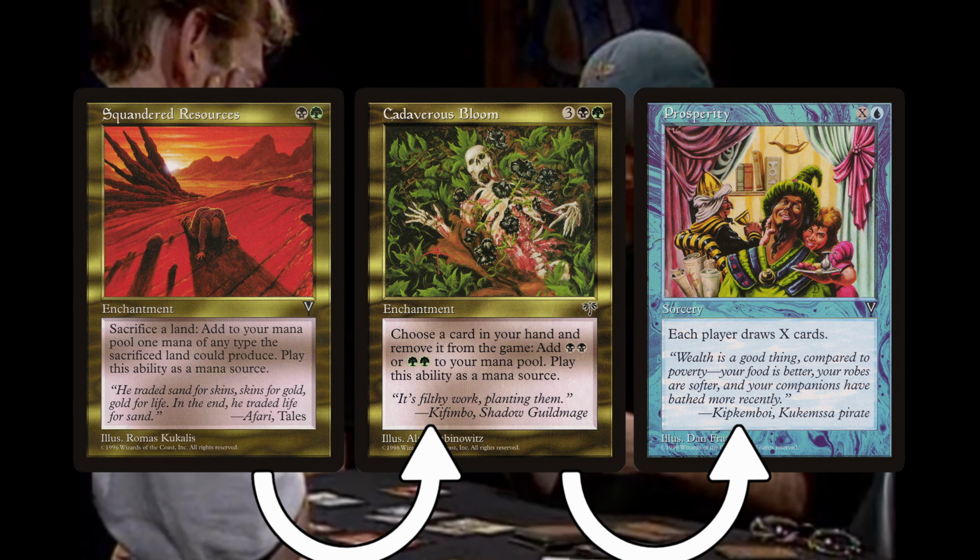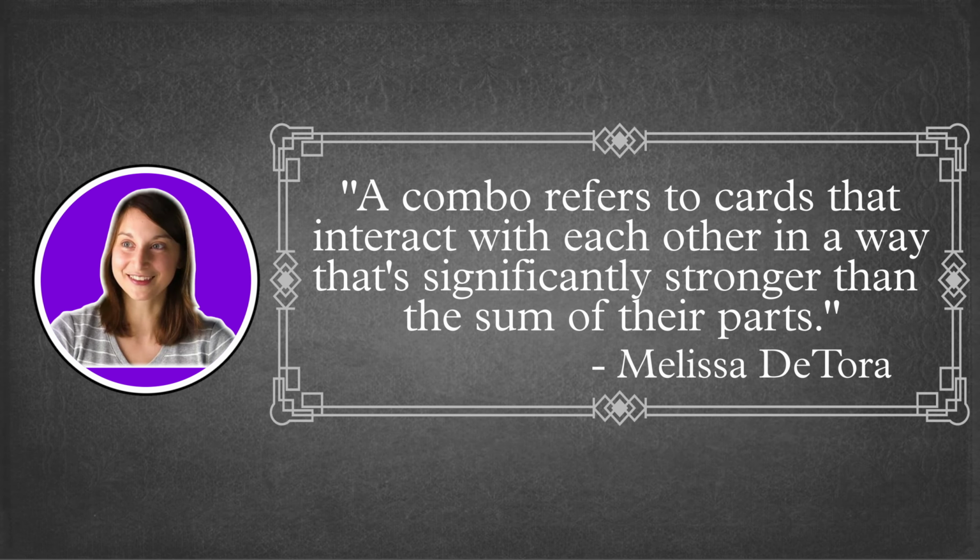Combo does have a wide range of definitions, but I like former Magic Pro and current Wizards senior designer Melissa DeTora's definition the best. Melissa says, a combo refers to cards that interact with each other in a way that's significantly stronger than the